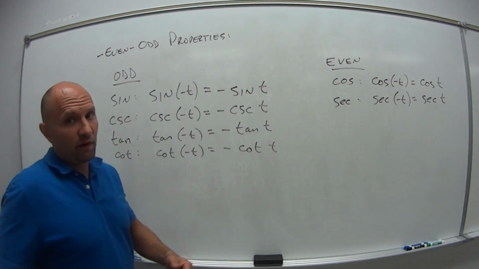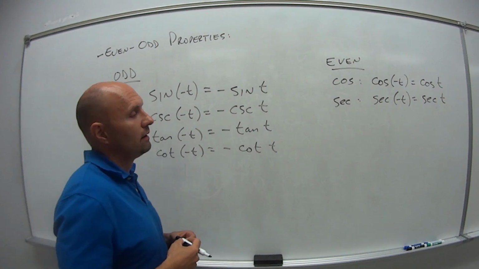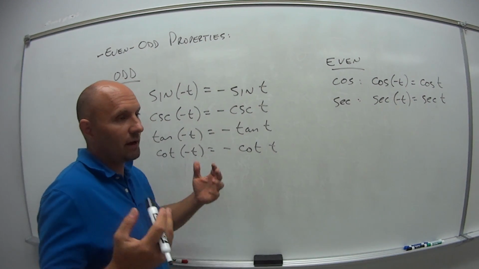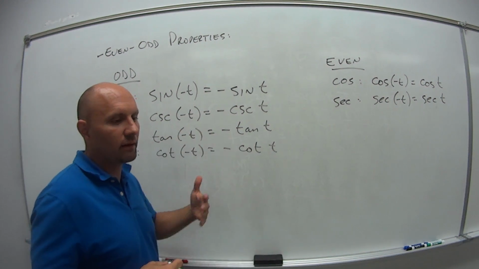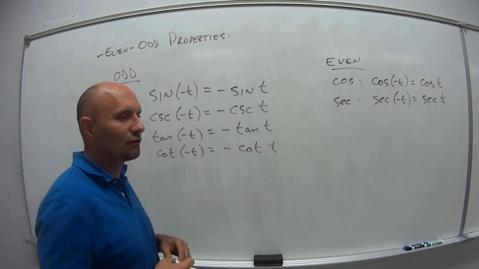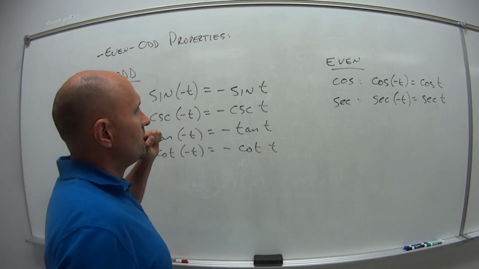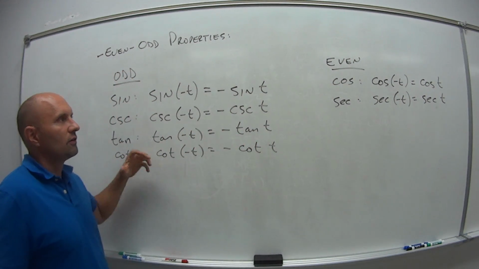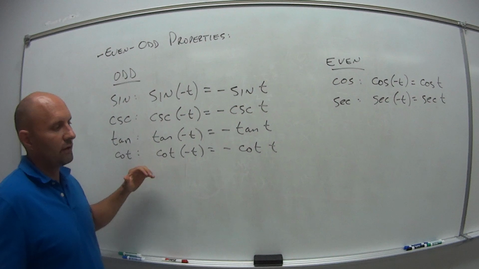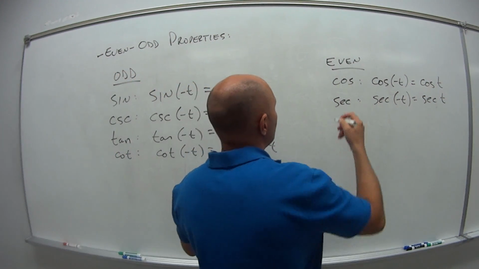We're on section 5.2. I've already given you guys a ton of information, a lot of which you're thinking, okay, I've got to do all this memorization. I'm going to try to give you these hints and tips and tricks along the way so that you don't have to. You don't want to have to try to memorize all six of these, which ones are even, which ones are odd, etc. My suggestion to you is this. Just remember